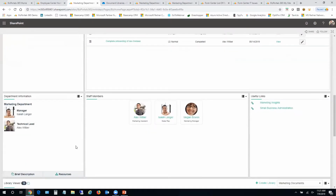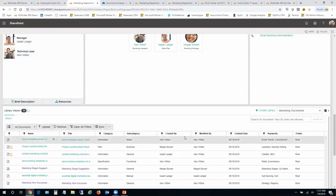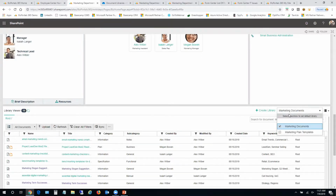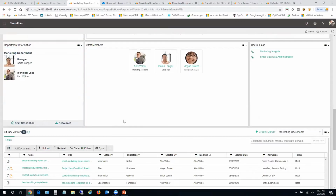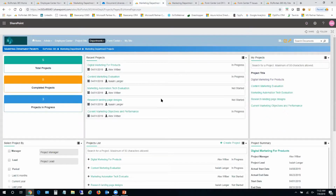And then below, if you move down, you come to the same document library view. So department, all the documents could be housed here. It could also have multiple document libraries here. Okay, so that's our department site. Moving further, within a department, you could be executing projects. Okay, so for projects, if you click on projects, you really get to a portfolio view of the marketing department,